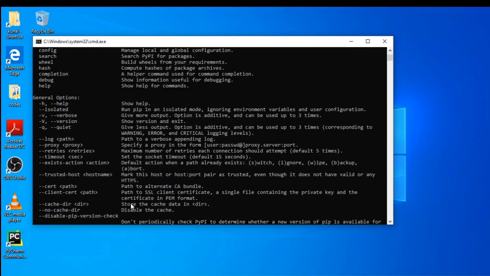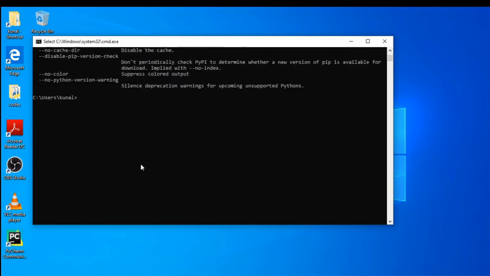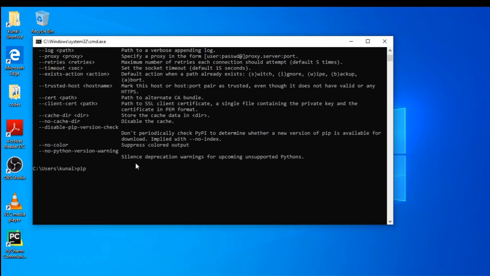This shows many other options that you can play around with. Here it says many commands. Pip command install and freeze. Pip freeze shows, let me show you what pip freeze does. Pip freeze,